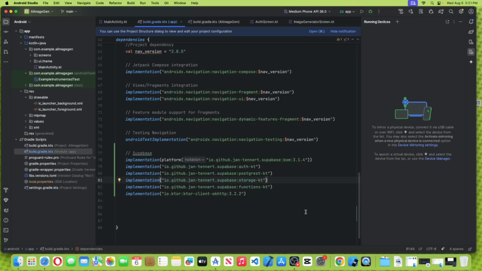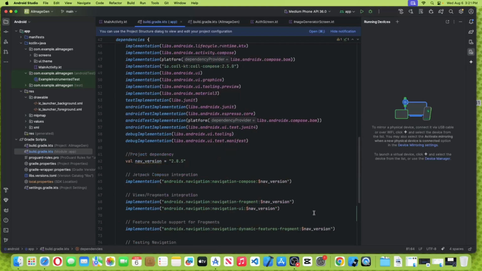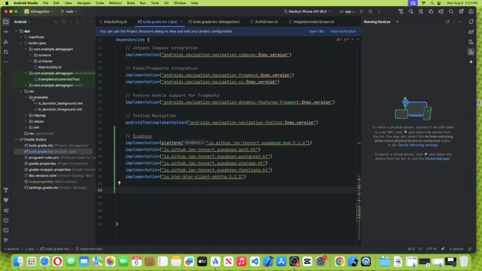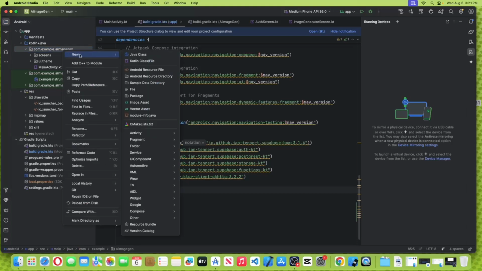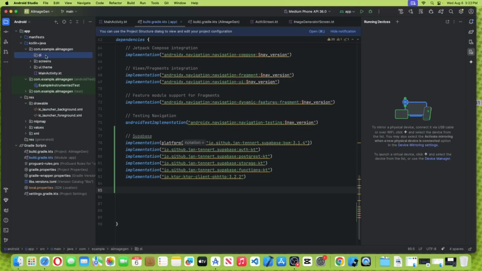Okay, so this package is installed, and for dependency injection, we are going to use Dagger. To use Dagger, we need to create some package, di. This is the dependency injection, and